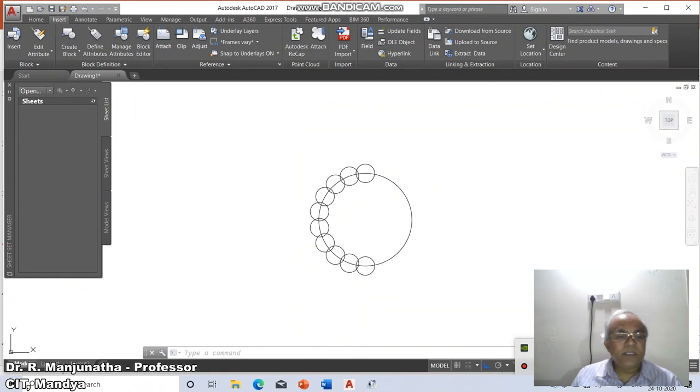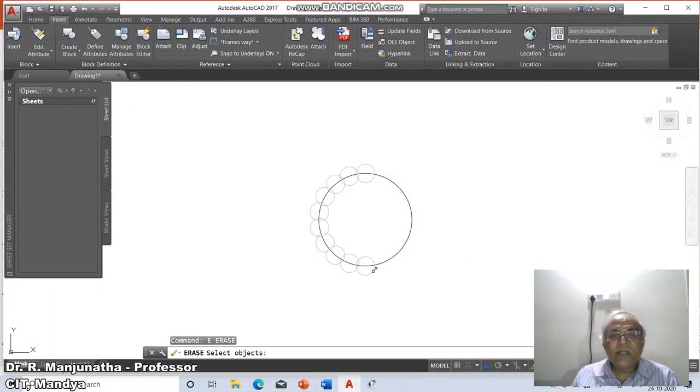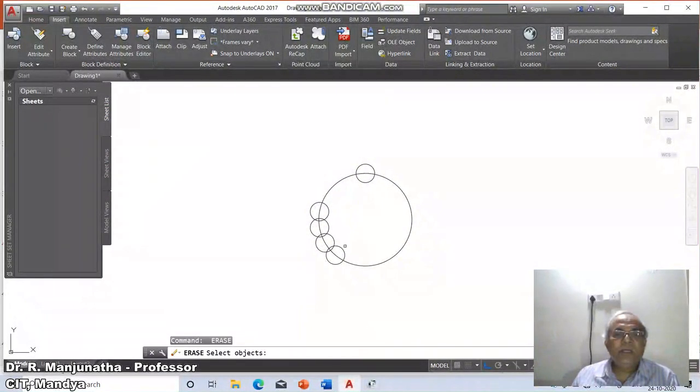But the only thing is, once the array command has been used, if I want to erase this, then it will be taken as a block. So in order to avoid that, you need to explode this, and then we have to erase individually like this. Otherwise it will not be possible for us to erase individually. So this is how the array command